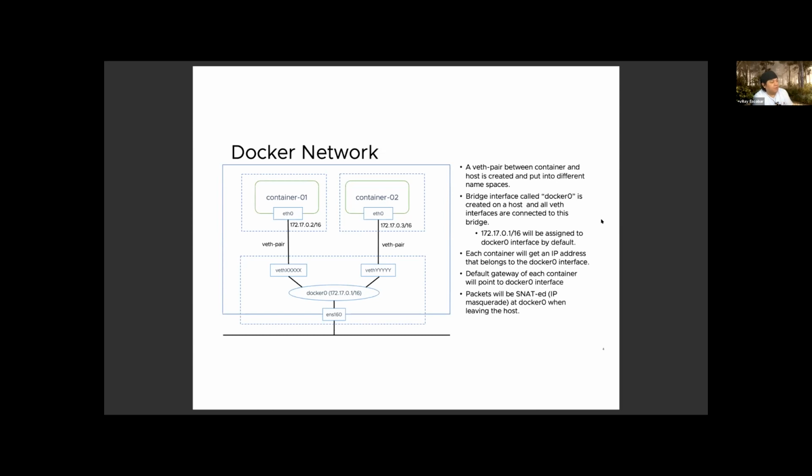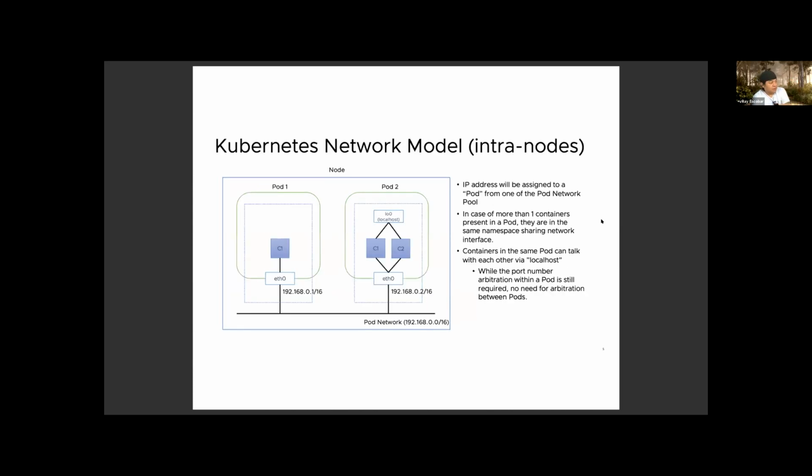We are going to see why, but basically with the Docker network, we have a container and a peer, which stands for the peer of the networking interface in the container, and another interface that is presented by Docker for having this network connectivity. It's almost the same model, but in a way it's kind of different from Kubernetes.